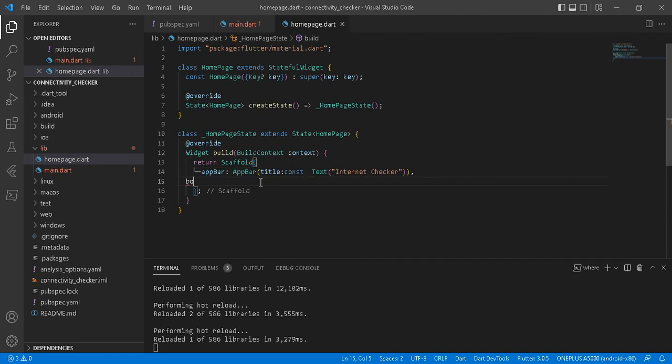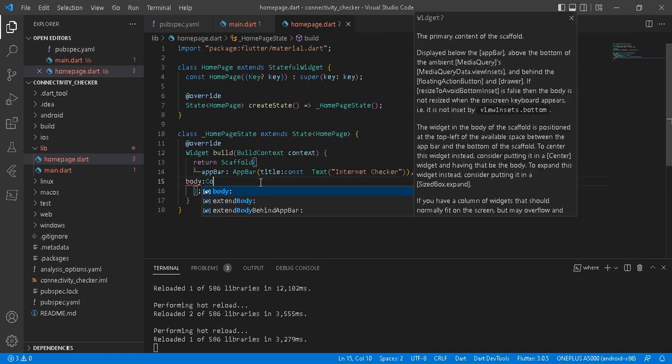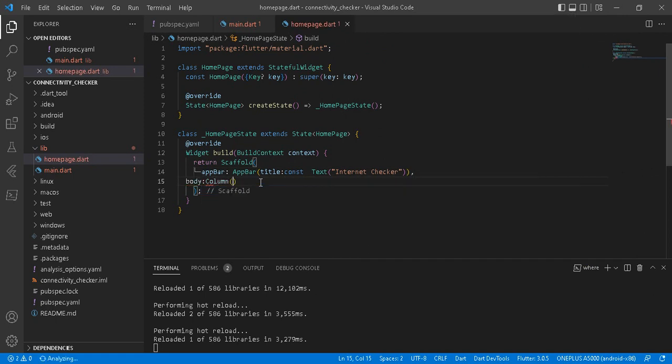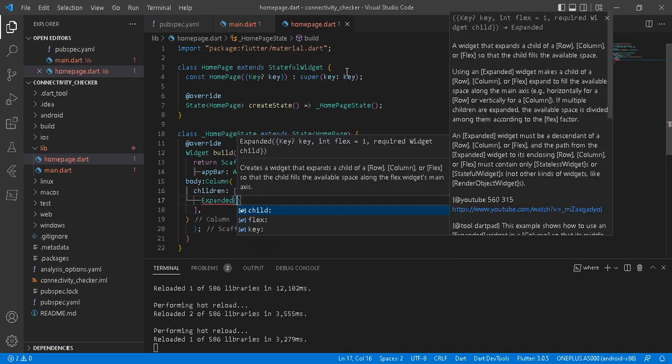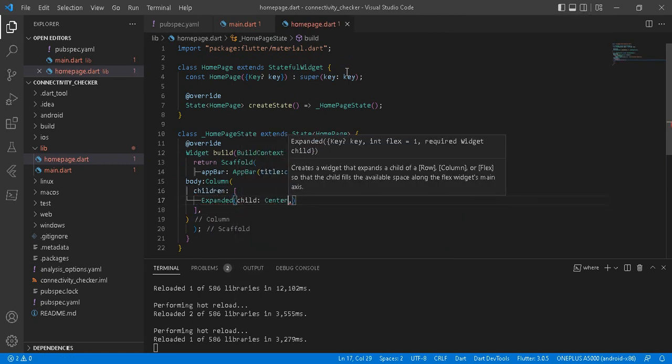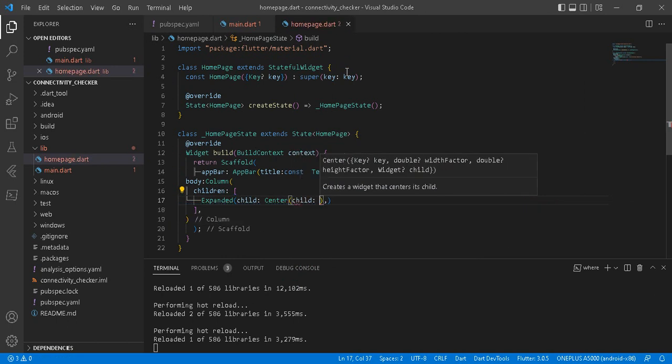And then body, Column, children, Expanded, Center, Text, Connected,